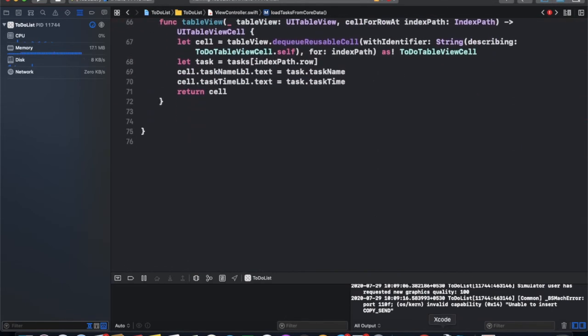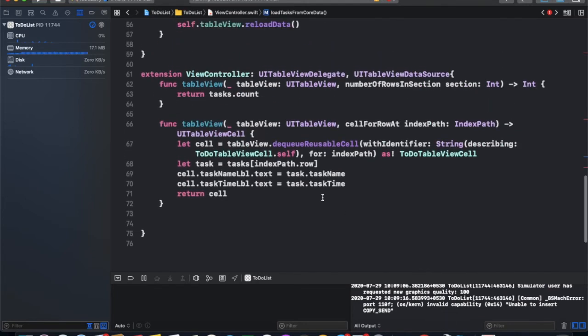Now we want to delete an entity. For deleting, we want to swipe the cell and then delete.